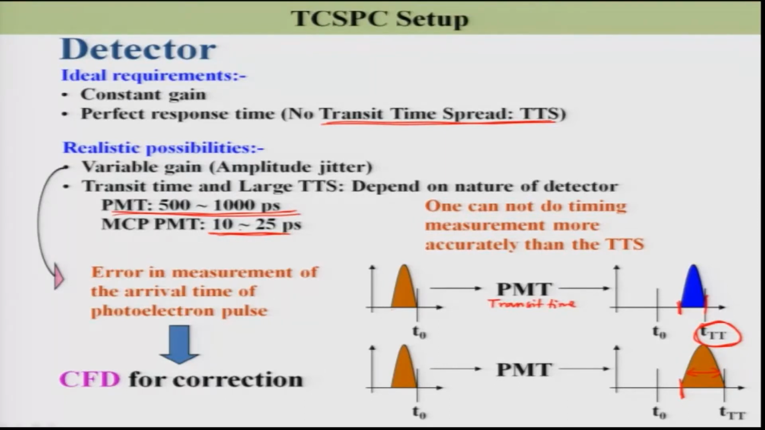But what if I want a detector whose transit time spread is less than 10 or 25 picoseconds? There is no such detector available in this world. The minimum transit time spread that can be achieved is about 10 picoseconds. You cannot go beyond 10 picoseconds. That means, if you want to measure a fluorescence lifetime of, let us just consider, 1 picosecond,